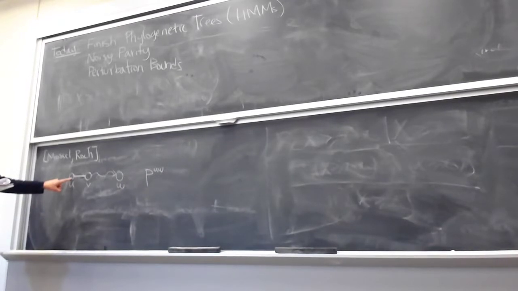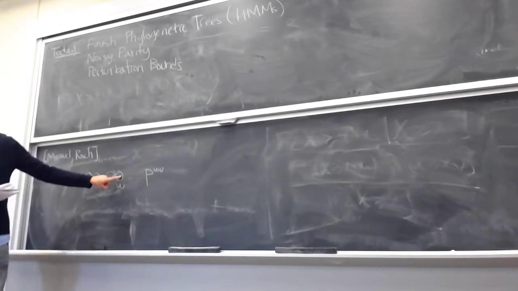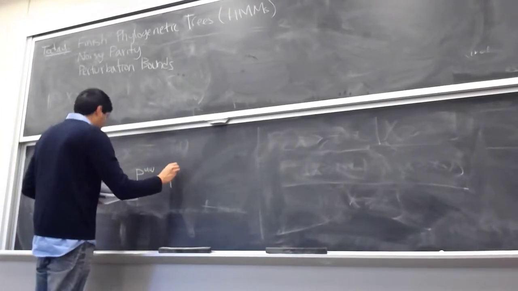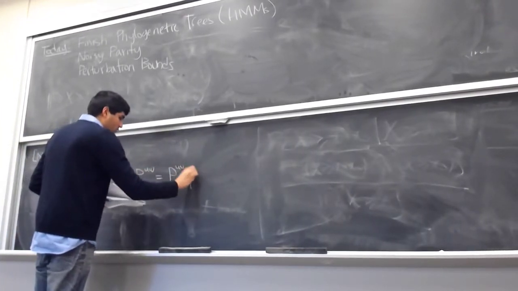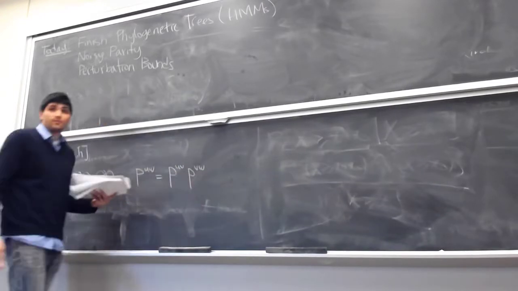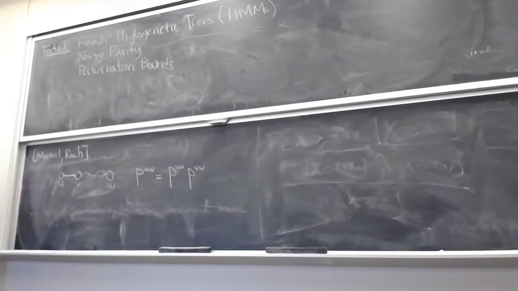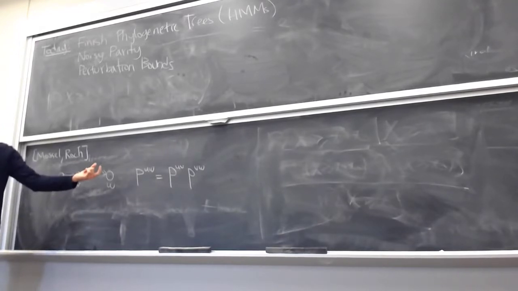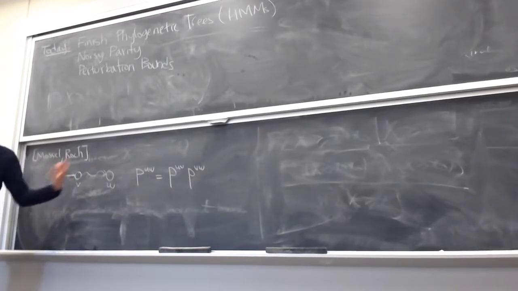If you have some state for U, how does that affect the state at W? Well, we can think about this explicitly as the product P_UV times P_VW. By combining long paths and thinking about them as a single transition matrix, this type of structure will allow us to figure out all of the transition